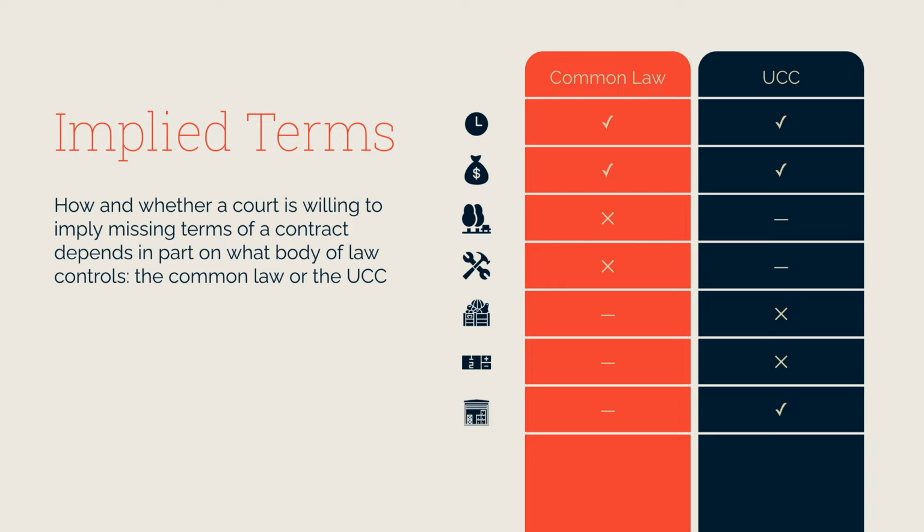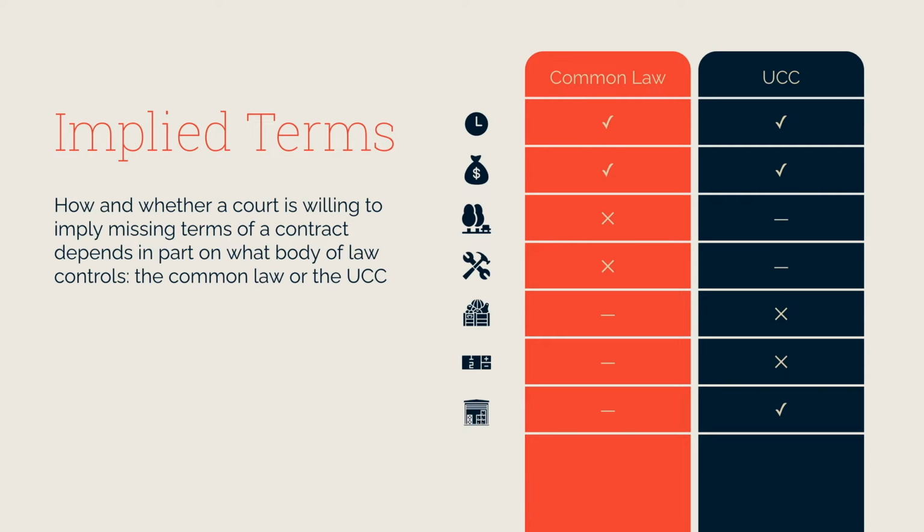So when we look at the little trees here and the wrench and the hammer there, the trees are saying if it's property, we need to be able to identify that, right? If it doesn't provide any identification, there's no way for us to know what the property is, well, then there's no way to imply that, right? So that's why there's an X. If it's a service, again, if it's not identified and we have no idea what service they're talking about, we